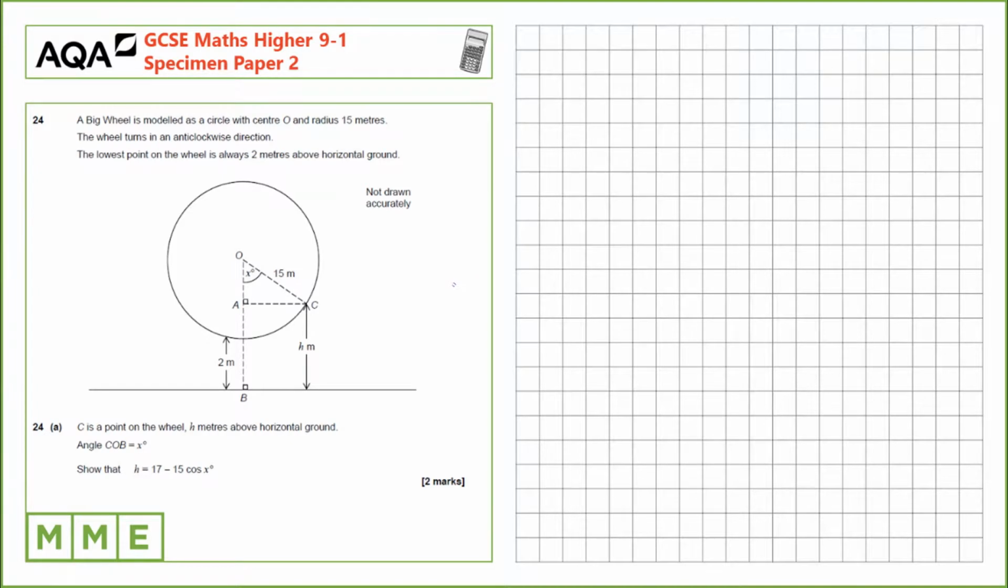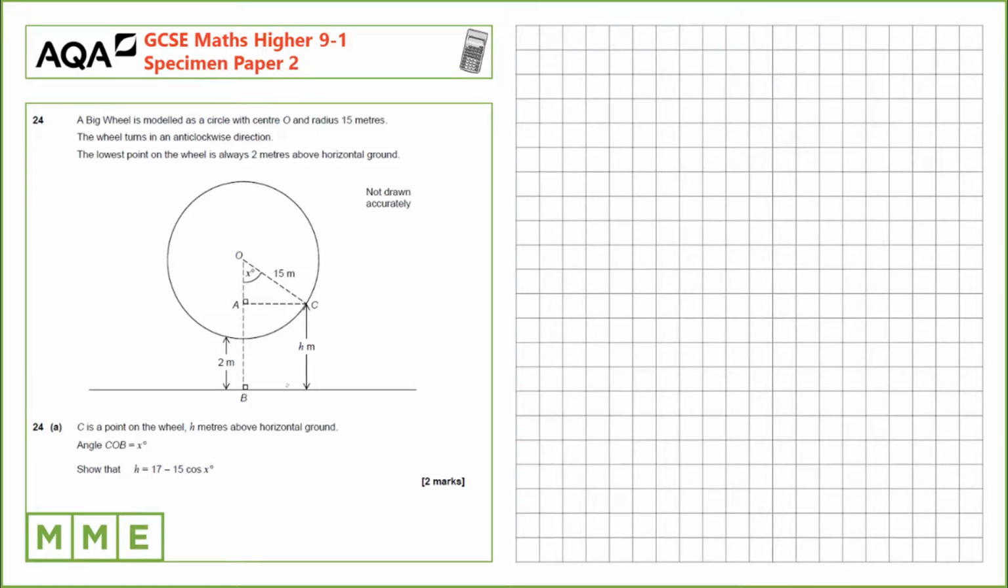Question 24. A big wheel is modelled as a circle with centre O and radius 15 meters. The wheel turns in an anti-clockwise direction. The lowest point on the wheel is always 2 meters above horizontal ground. C is a point on the wheel h meters above horizontal ground. The angle COB is x degrees, and we need to show that h equals 17